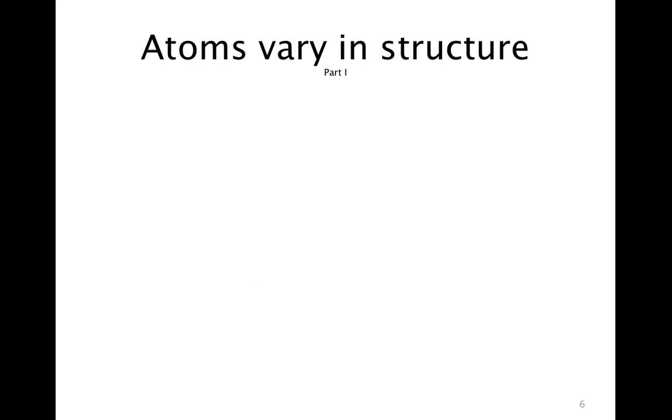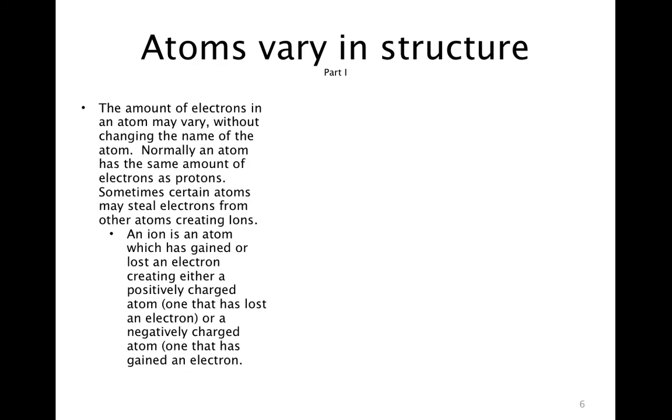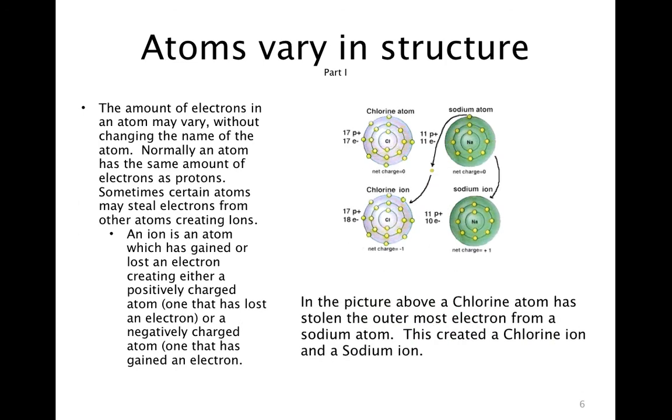Okay, so atoms vary in structure. The amount of electrons in the atom may vary without changing the name of the atom. Okay, normally an atom has the same amount of electrons as protons. But sometimes certain elements can steal electrons from other elements. For example, chlorine can steal the outer electron of sodium. Sodium has 1 electron in its outer shell, and chlorine has 7. And the way it works is, well, we'll get into this a little later, but